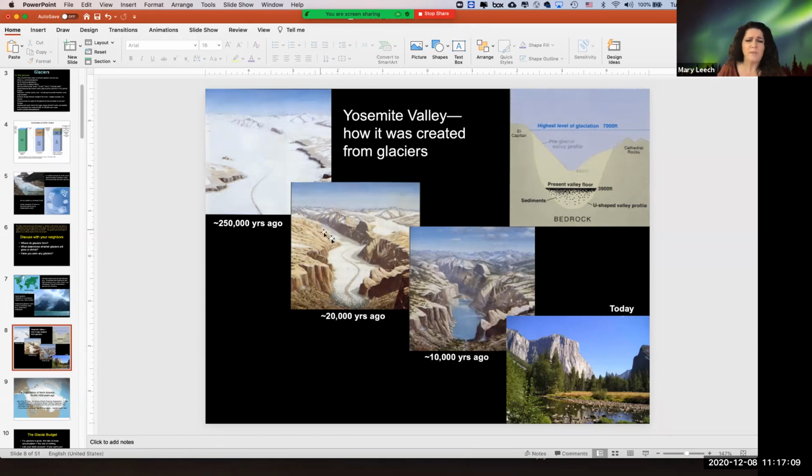It continued to be carved out with each cycle. Anytime a glacier advances and recedes, it's causing erosion. It's scraping that rock and building up the moraines. So here you see a medial moraine coming down. That results from two glaciers coming together. So you can count how many glaciers come together by counting how many medial moraines separate them.